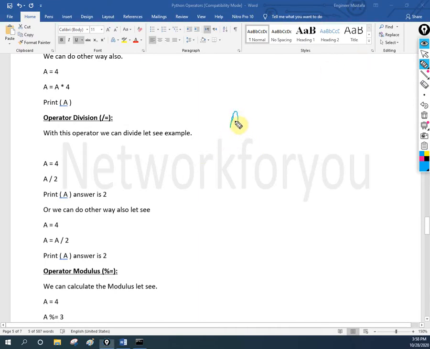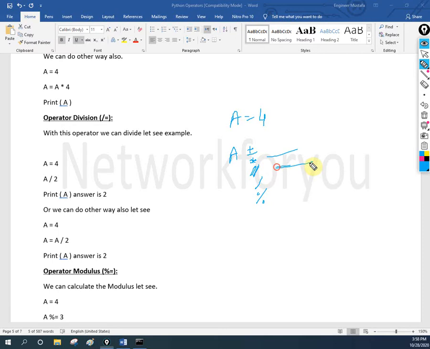If you have a is equal to 4, and if you want to do addition or subtraction or multiplication or division or floor division or normal division or modulus, you will write this one before is equal to. Before is equal to, you will write whatever operation you want to perform, and the number you want to perform it with, you will write that number here.